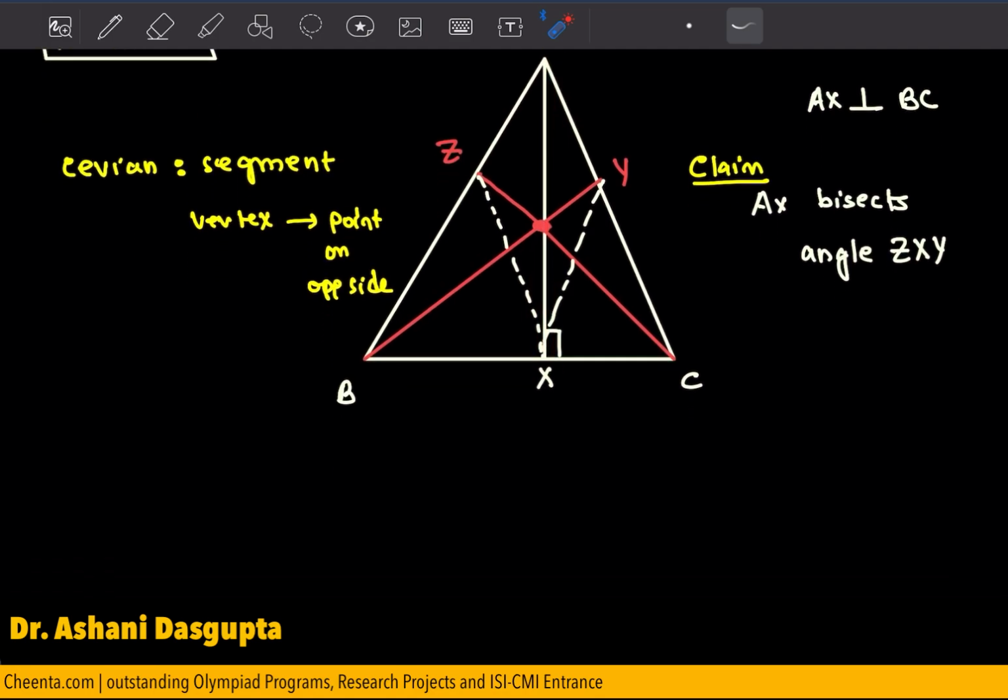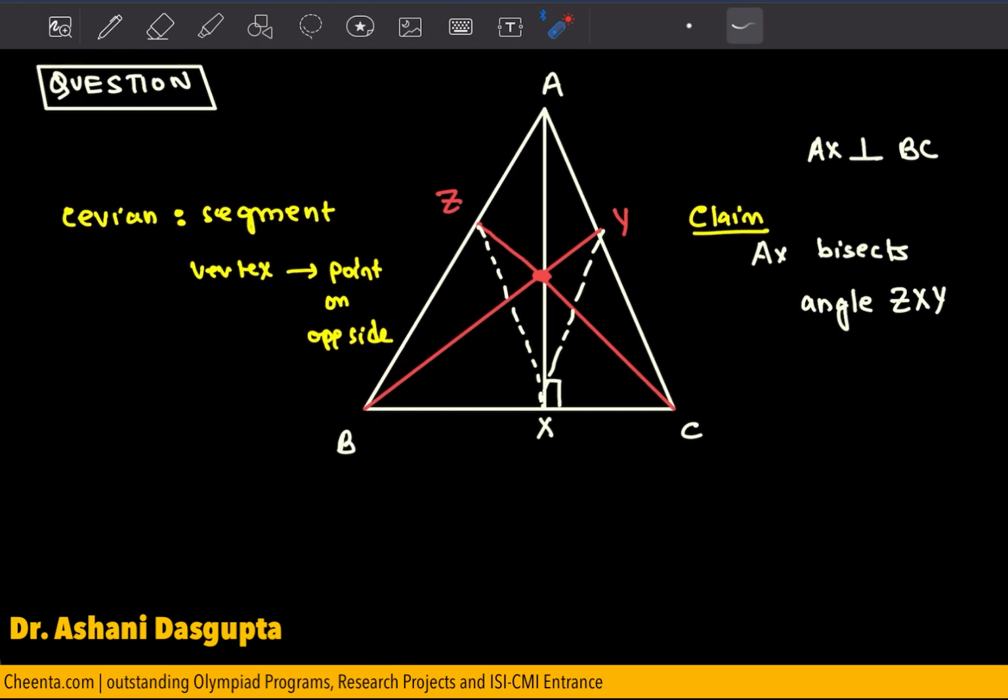Now Ceva's theorem says, and this is a very powerful theorem, that if three Cevians pass through a single point, just like in this particular picture,